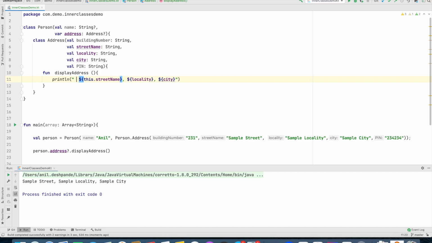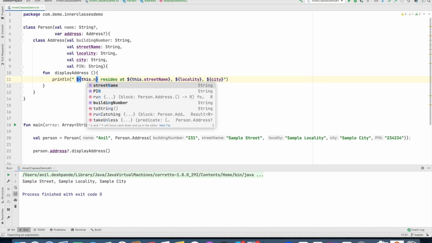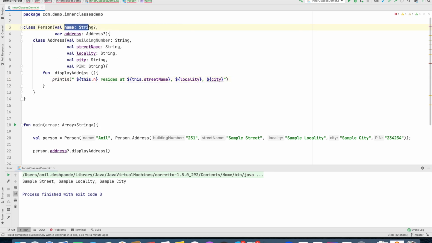Let us try to do that. Resides at, and here I will try to access this dot name. And as you can see, the auto suggestion doesn't give me any mechanism to access the name. But in reality, you may want to actually access the name in the nested class.